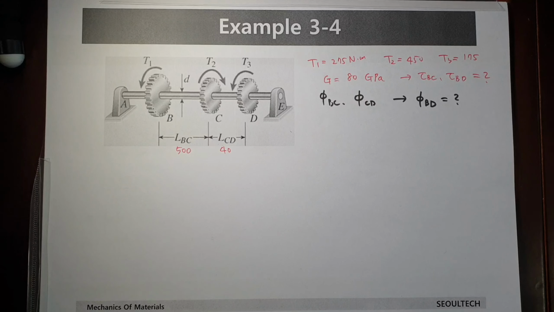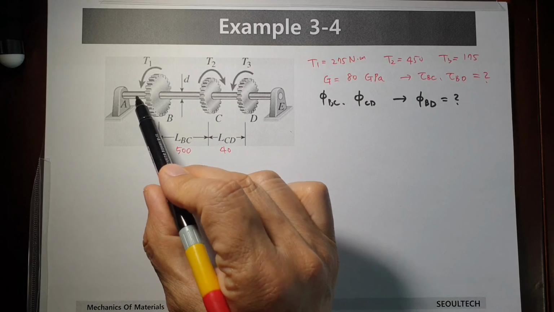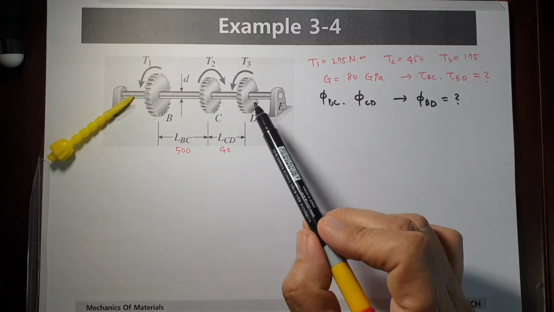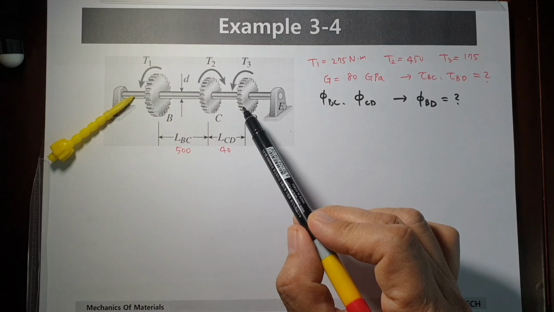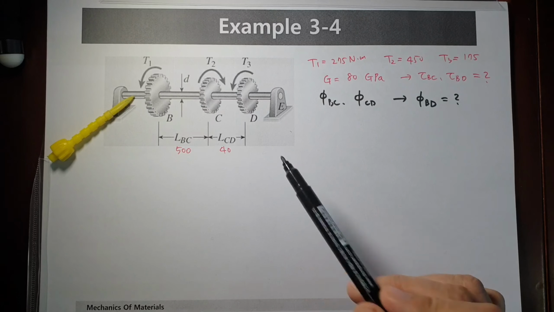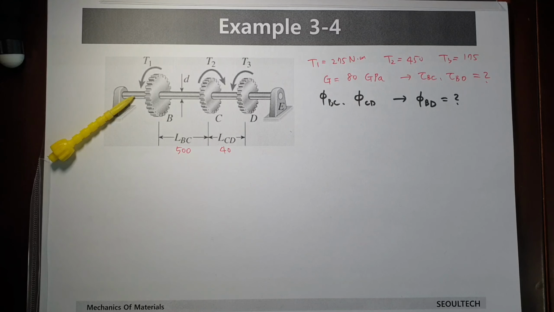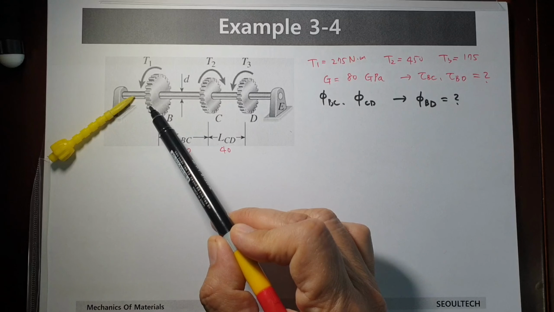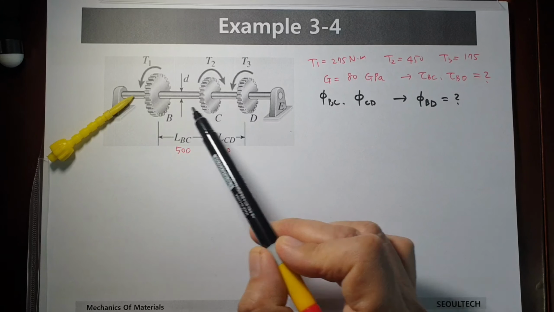In this example, we deal with a shaft where gears are located. We say the total structure is an assembly of a powertrain. In the powertrain, mainly some power is transmitted to this gear and delivered to the next stage or next